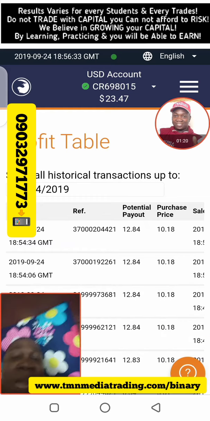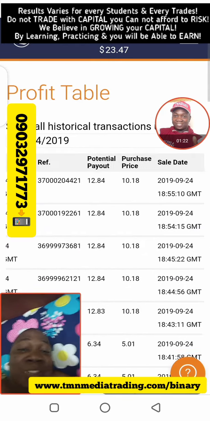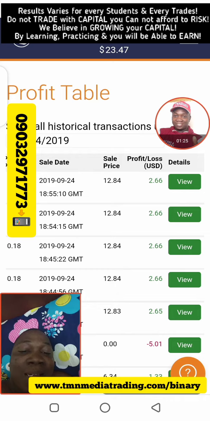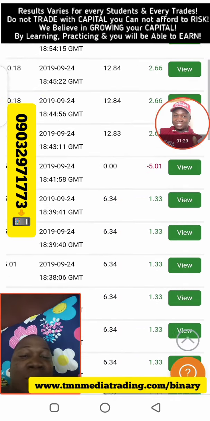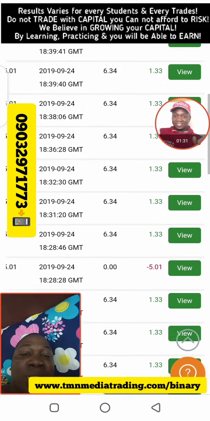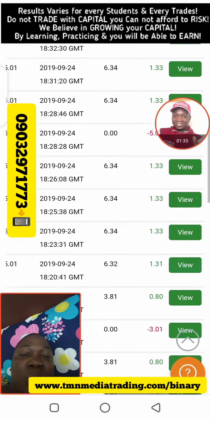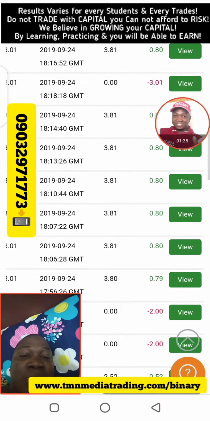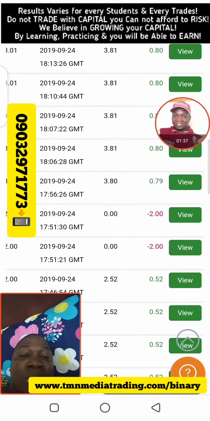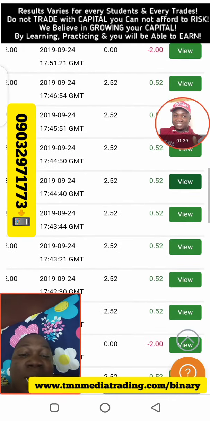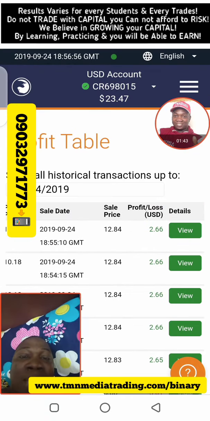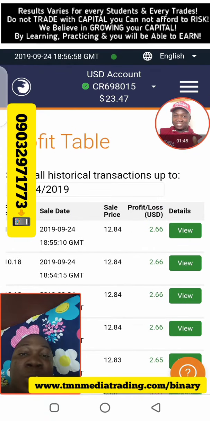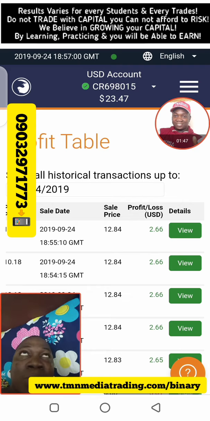I don't know why I have this image. I was trying to close it, wasn't closing. Okay, so these are the trades. Look at them. Are there losses? Yes. Will there be losses? Yes. Are you seeing wins and losses? Okay, this was how I grew that $4 into $23. It's almost like saying 400%.